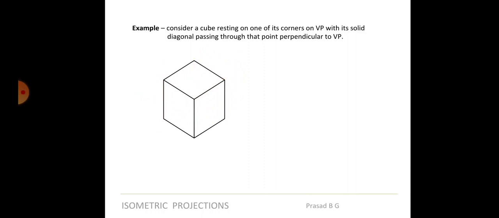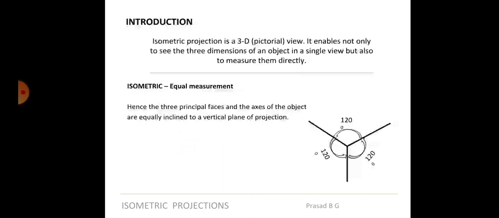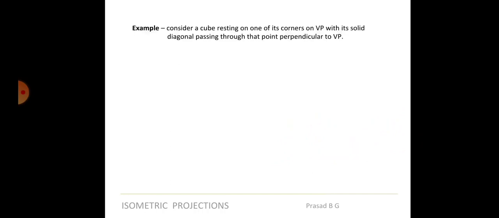But what you need to note here is what this angle should be and what this angle should be. It's not that you randomly draw a line at any angle. This angle should be how much? Can anyone tell me? Considering the explanation I gave previously, if the principal planes are at 120 degrees to each other, suppose I take this as the reference and start from here. If I am considering the horizontal as my reference, what should be this angle and what should be this angle in this drawing?